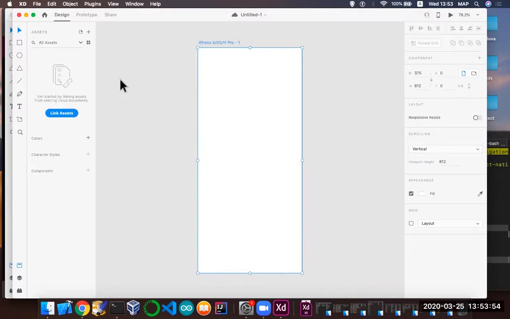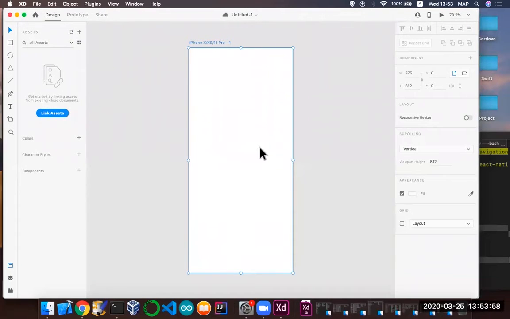Okay, so when the app starts for the first time, you can actually see the following screen. You have a blank canvas of a size of iPhone X or XS or 11 Pro. Okay, and there are a few other options on the left hand side. You can see you can draw different shapes like the rectangle, the ellipses, triangles, and polygons, and different fonts and so on. Of course, you can take your time to draw this, but in view of time, we are going